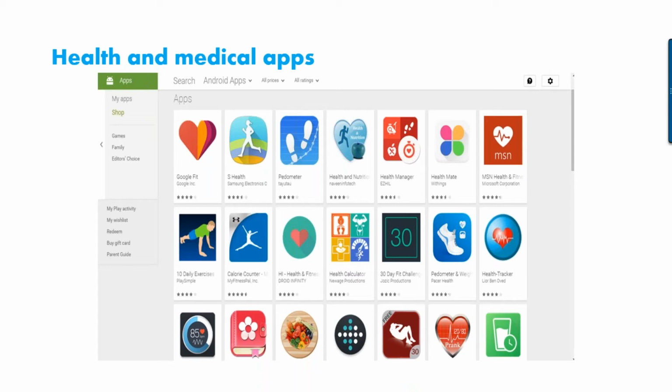One way that people can do it is to look at other people's reviews of apps, but that's not always the best way to find out whether an app is medically accurate, for example. And it's interesting, the National Health Service in the UK is trying to do a process whereby they evaluate health and medical apps, and they have a certain section of their website where they suggest apps that they have reviewed and consider to be accurate and valid, and therefore can recommend to the British patients who might be looking on the National Health Service website.